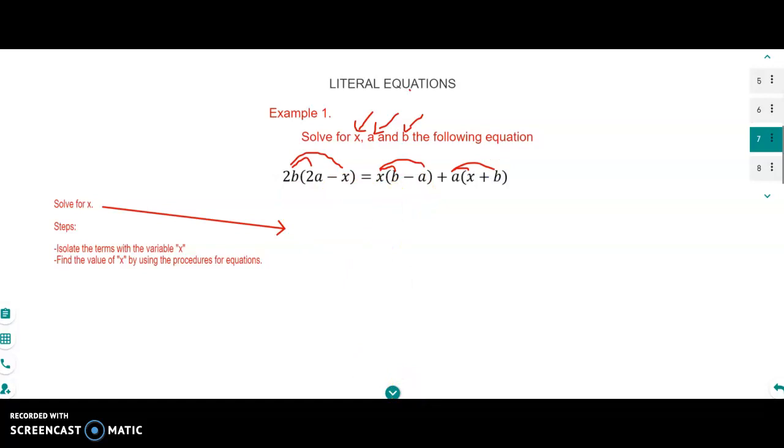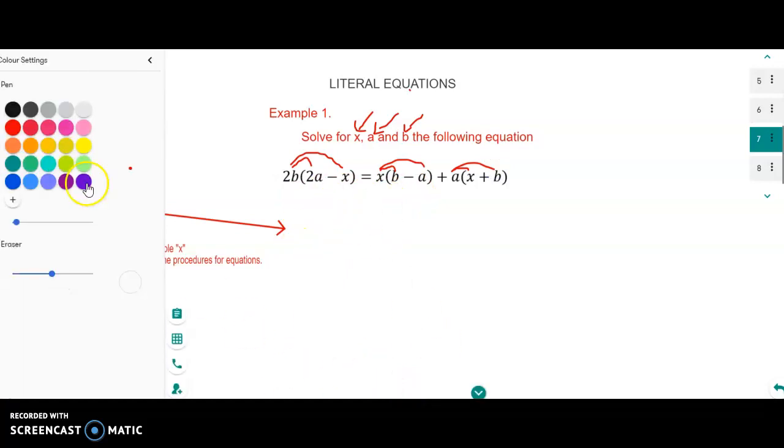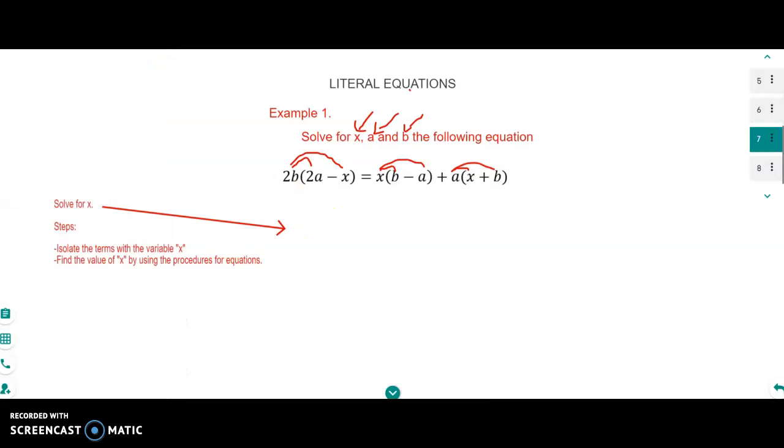So let's start little by little. In the first case, let's use blue, that is a better color. So let's start. 2b times 2a makes 4ab. Let's use alphabetical order. And here we have